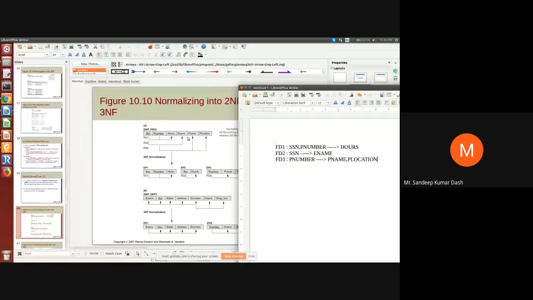Before going on to test whether this is in 2NF or not, you have to check whether this is in 1NF or not. 1NF says that every attribute value present in the relation is atomic. It is not divisible. There is no value given in this relation, only the schema is given. If only the schema is given and no data is given, you assume that this is in 1NF.